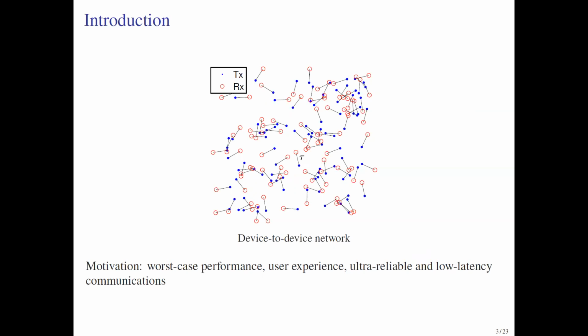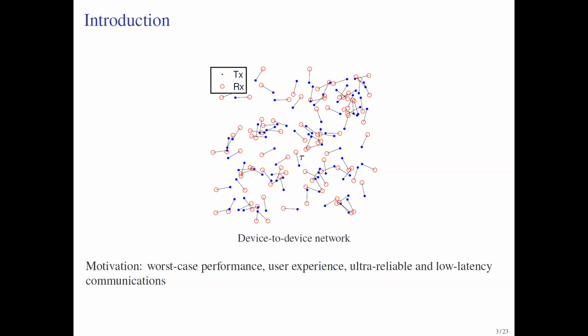This is a device-to-device network where you have pairwise transmitter and receivers. In this example, we assume that there is a fixed distance between every pair of transmitter and receiver. And you can see that, assume that you are the receiver at the origin here. You receive signal from your dedicated transmitter, but also you receive all the interference from the rest of the active transmitters in the network. And also you experience fading due to the nature of a wireless medium.